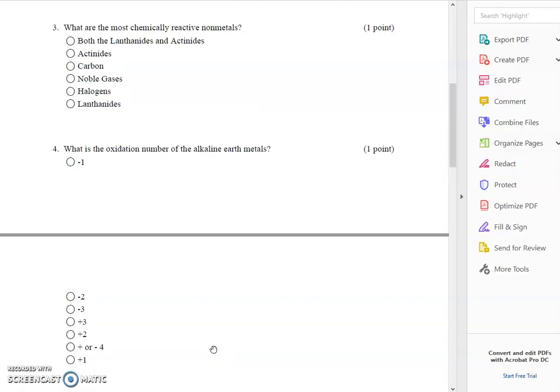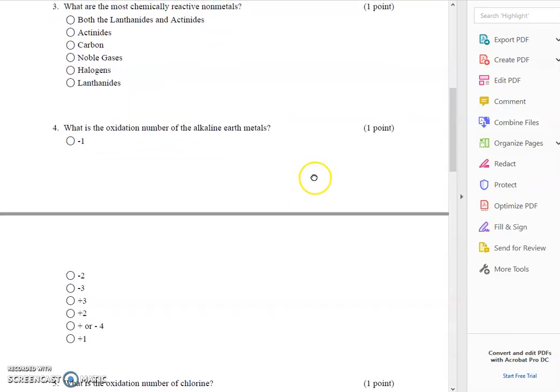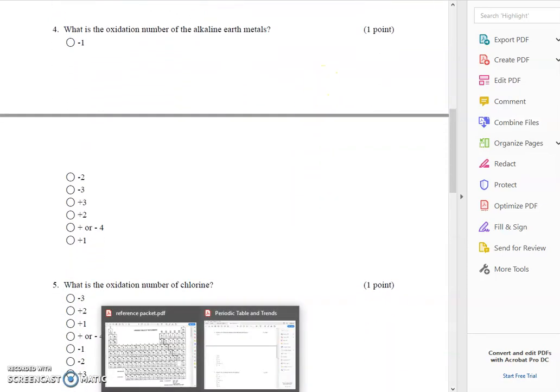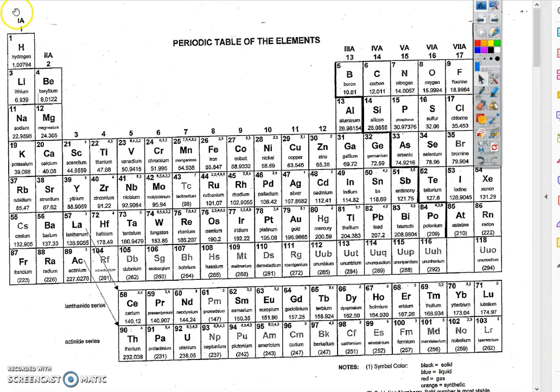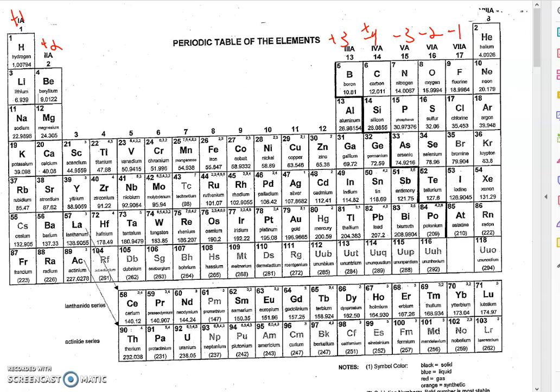The alkaline earth metals, now it's asking oxidation number. Oxidation number generally goes +1 above the alkali metals, +2 above the alkaline earth metals. We can write these in. And so you have +1, +2, +3. A lot of times people put plus or -4 here. -3, -2, -1, and we tend not to put anything above the noble gases because they are, for the most part, mostly unreactive. The way we get the oxidation numbers is the charge that you get after these elements